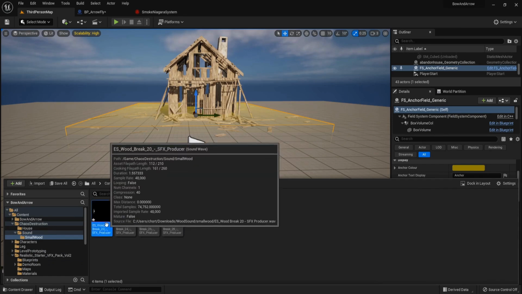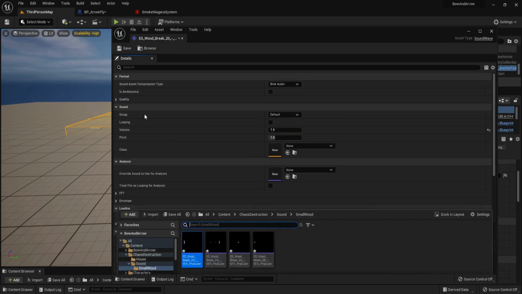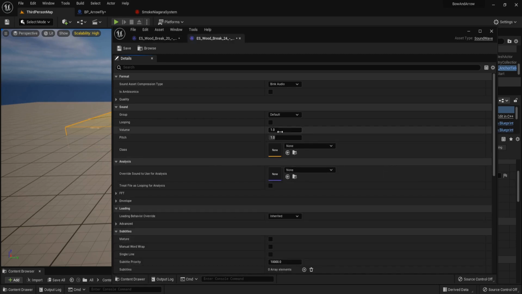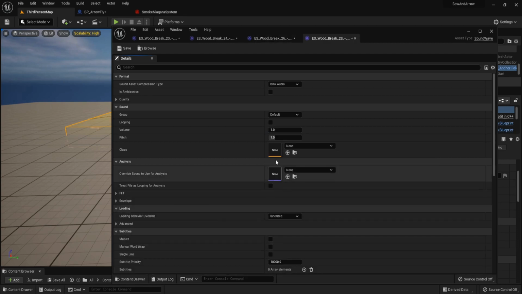For the small wood, you can adjust the volume of it to 1.5. This one, 1.5, and 1.5. This one, 1.5.